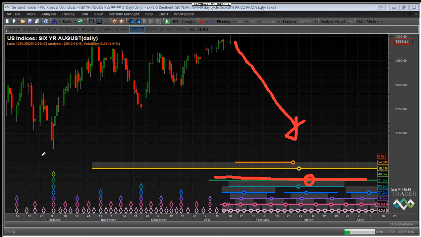Time for the 20-week cycle, with the exact date expected early March. So the difference with this analysis is that we're expecting price to fall and come down to a 20-week cycle. What's the big difference? Well, we are actually expecting to come down further than the other analysis, because it